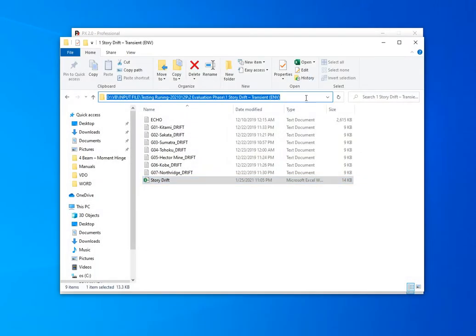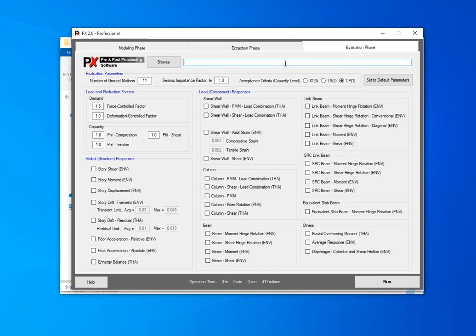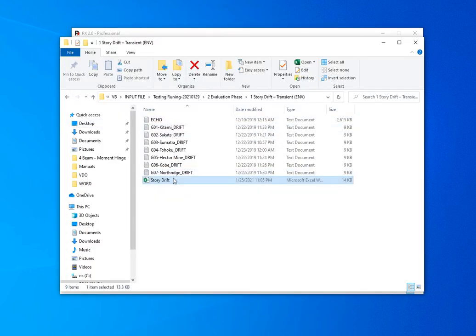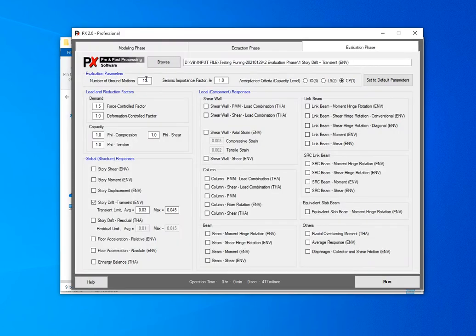Then copy the path here. Click at story drift transient. You can also customize the drift limit value here. Because this one has only 7 ground motions, you need to change this one to 7 and run.